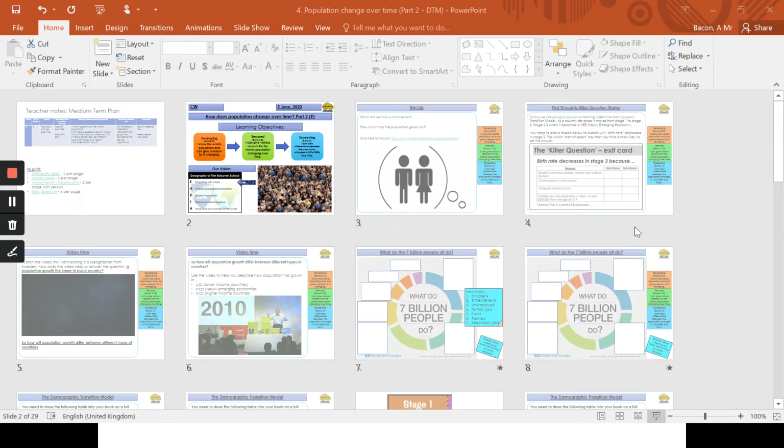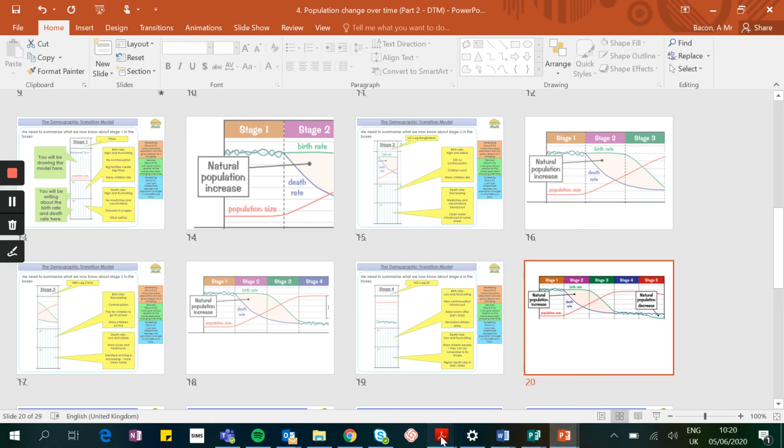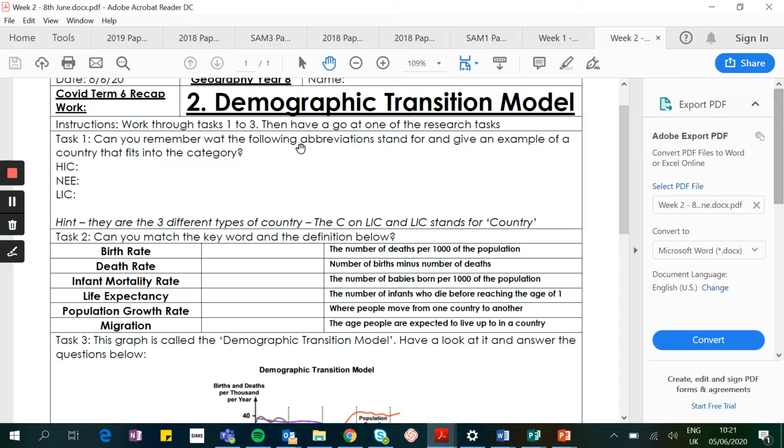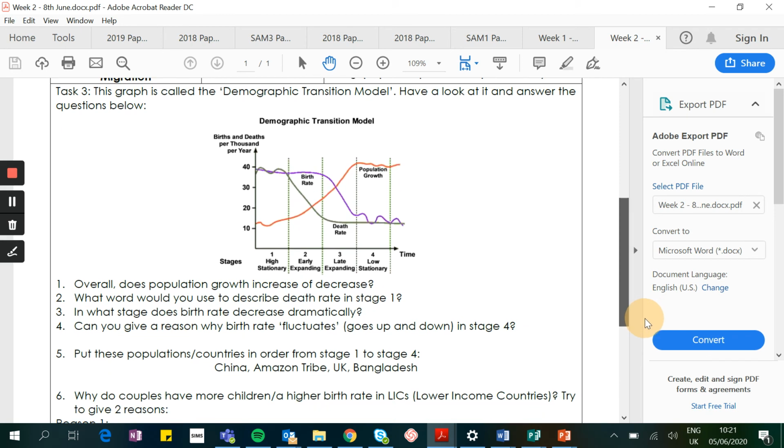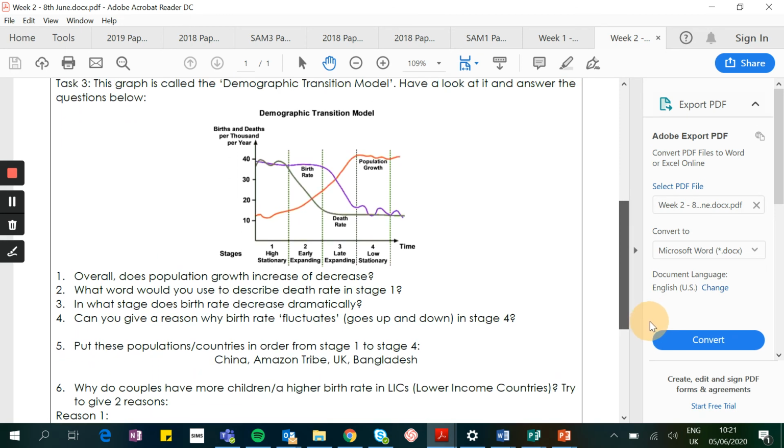So what I wanted you to do on this, if we have a look at the worksheet you've got to do, is you've got, first of all, some abbreviations for HIC, NEE and LIC, and you need to write down what those abbreviations actually mean, and also give an example of a country that would fit into those. I've given some in the little video so far. Task 2, you've got to match up these keywords with these definitions here as a reminder of what they mean. And then for task 3, you've got 7 questions